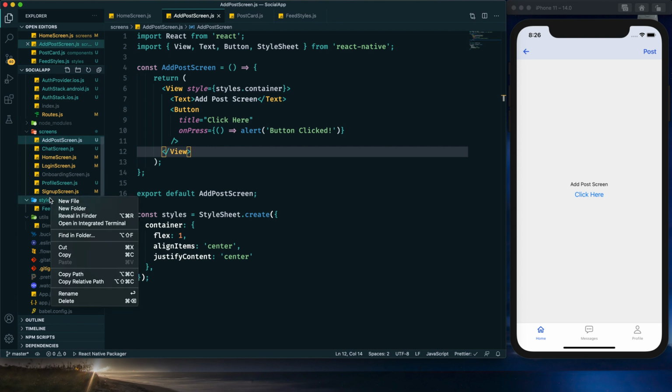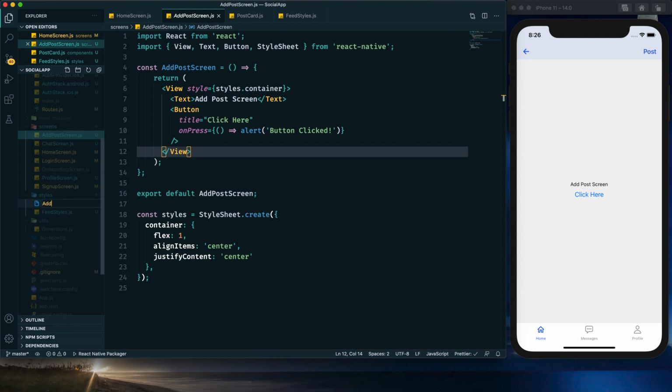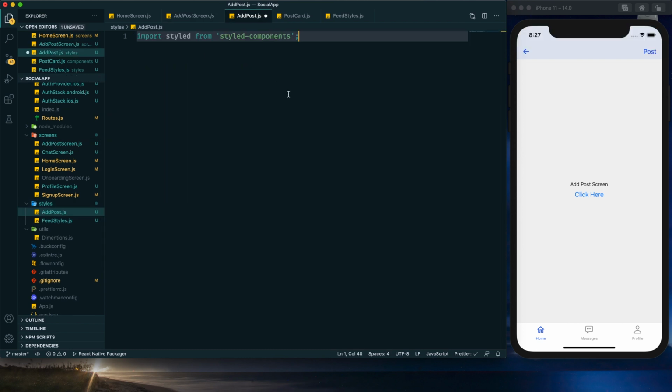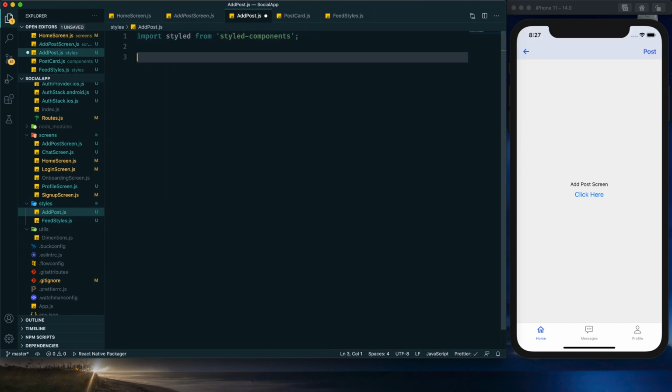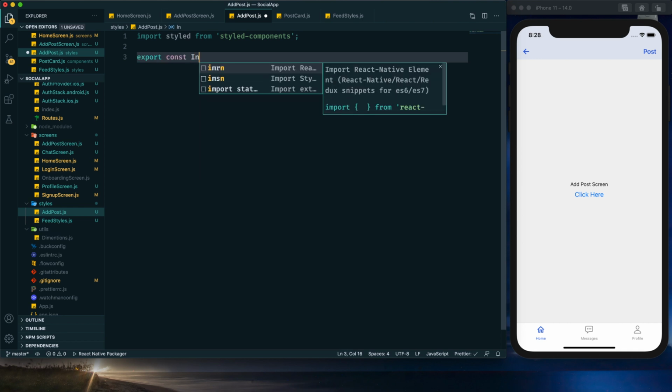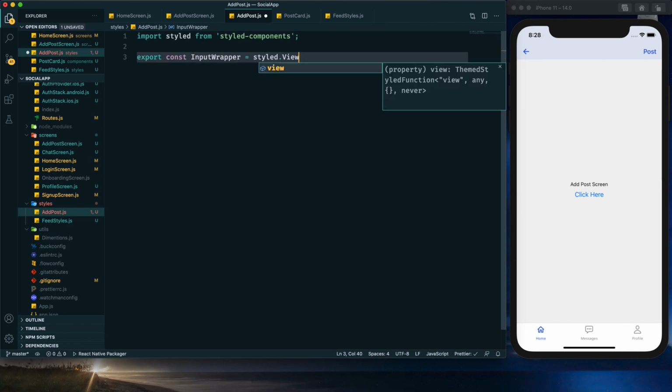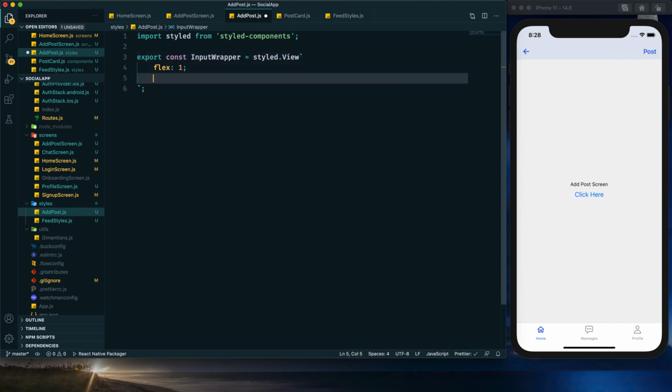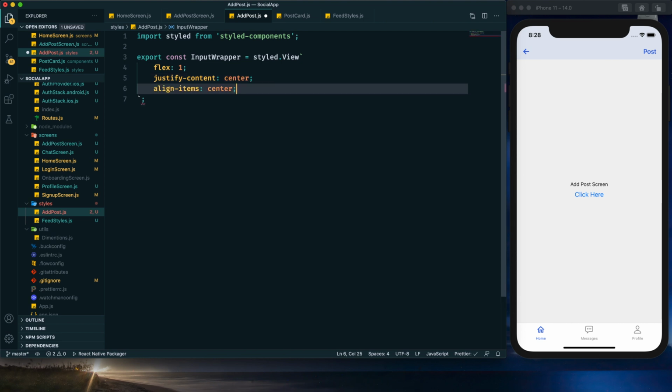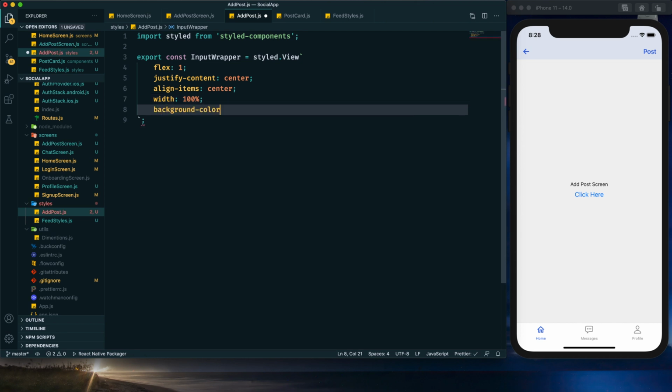directory I will create another file called add post.js. And first we need to import styled components, and here we will have very few components. The first one will be input wrapper. It will be a view component. For the flex of this I will provide flex 1. Justify content will be center. Align items will be center as well. For width of it I will provide 100%, and for the background color of it I will use this background